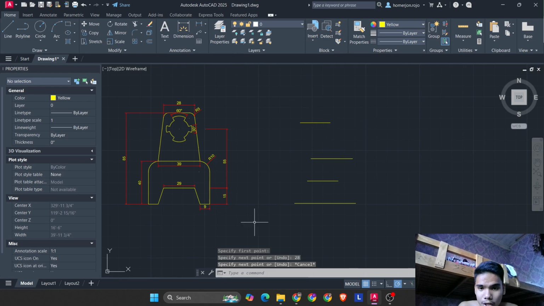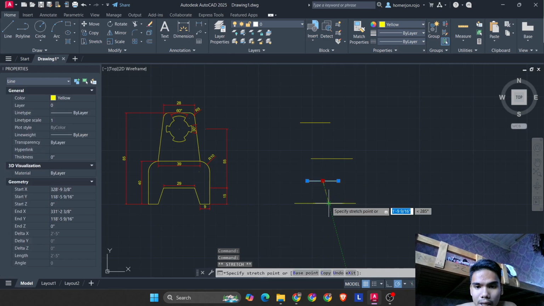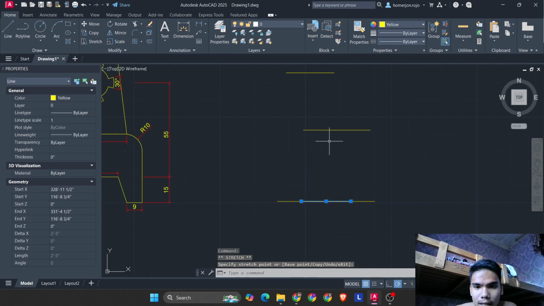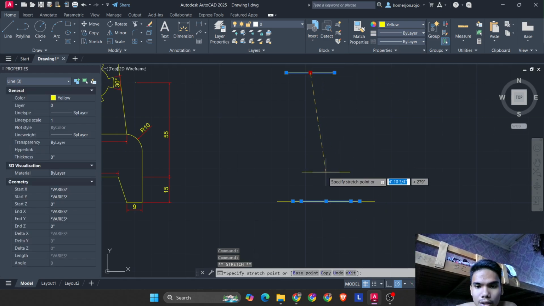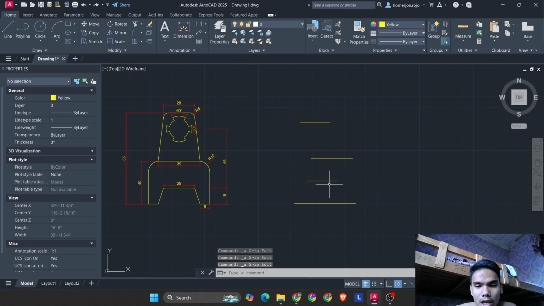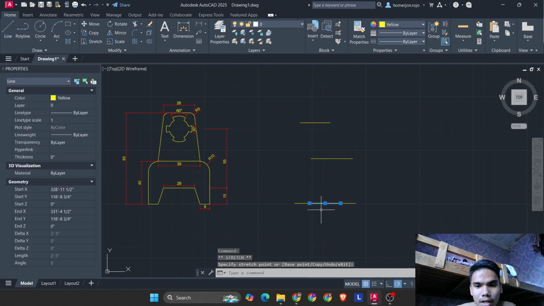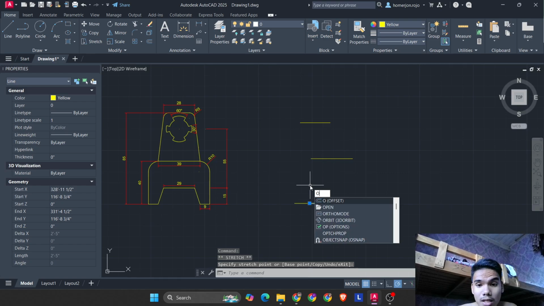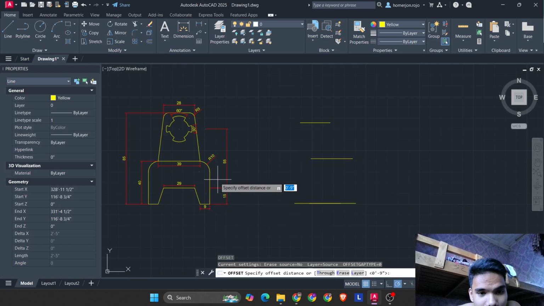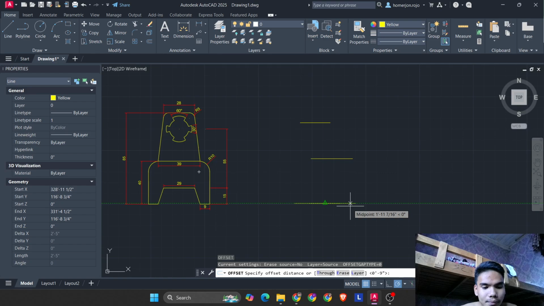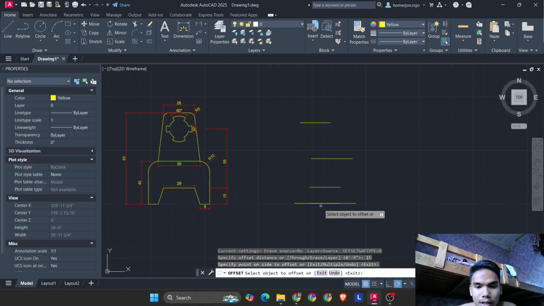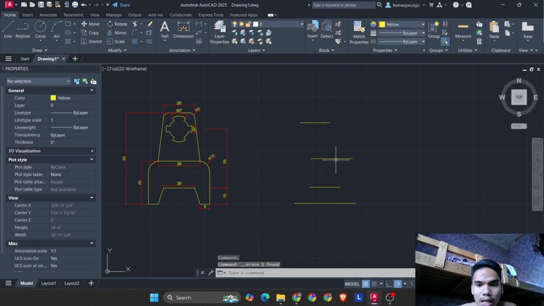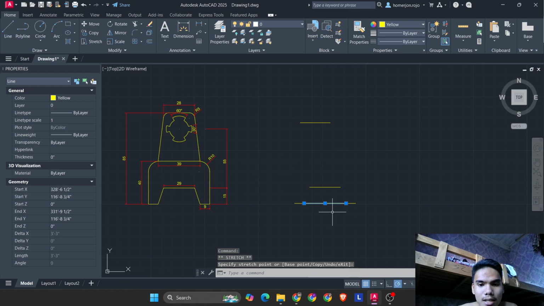Then you're going to align these at the very center. Pick the midpoint of your biggest line and drag everything to the center. No, you're actually going to drag these lines first, and then offset it by the height here, which is 15. Then click your original line and delete it, and the same goes with the other lines.